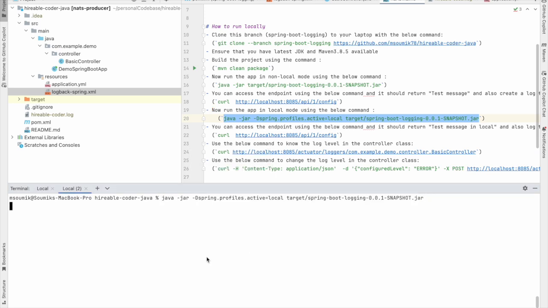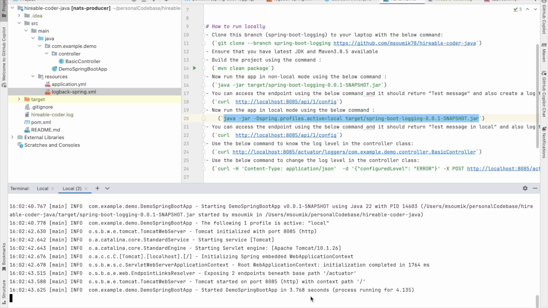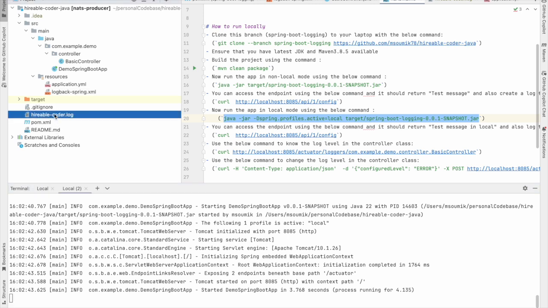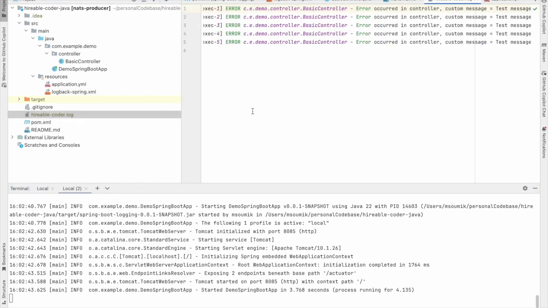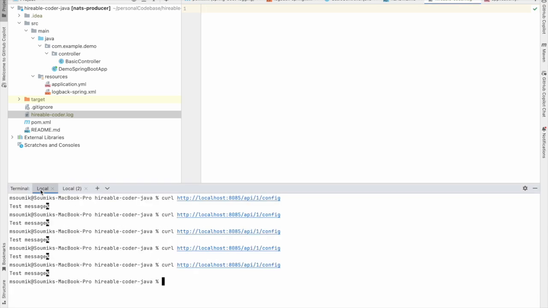So basically this will start the Spring Boot application in local profile. Okay. Now you will see that this log file will not be written. I can also in fact remove all contents from the log file, and then again I will start sending the request,